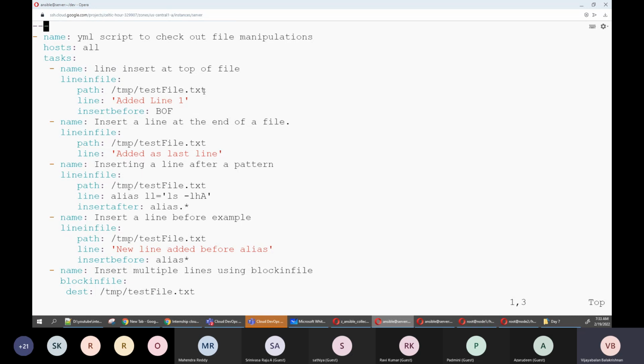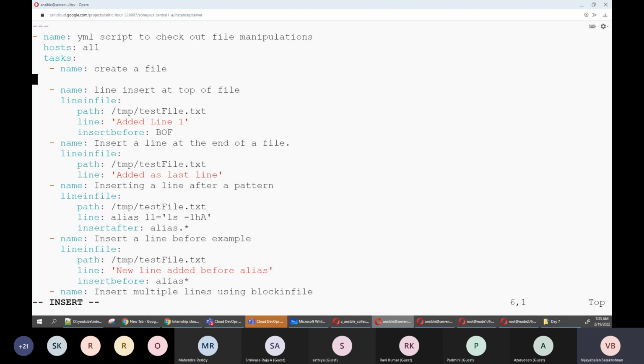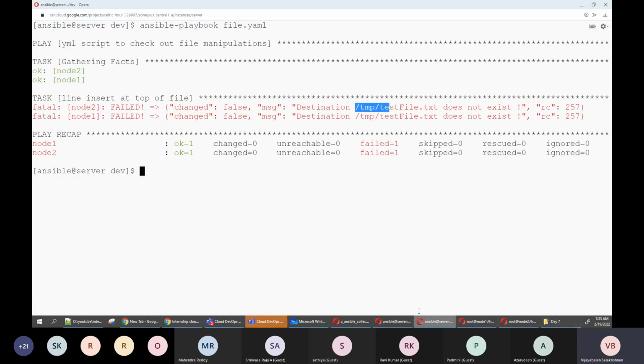Can anyone tell me, now I need to test it, so I need at least a file. How do you achieve this? Simple, you can create it. You can keep adding your imagination. So name: create a file. To create a file, what is the module you will use? If you have an environment with you, can you quickly check? I told the simple way: ansible-doc, the file module is there.